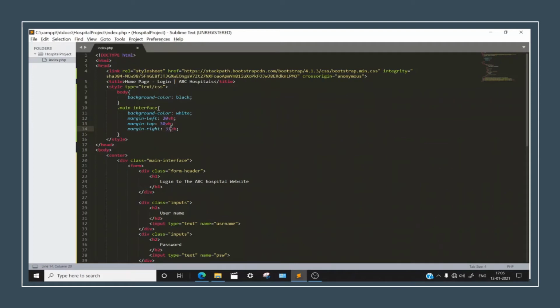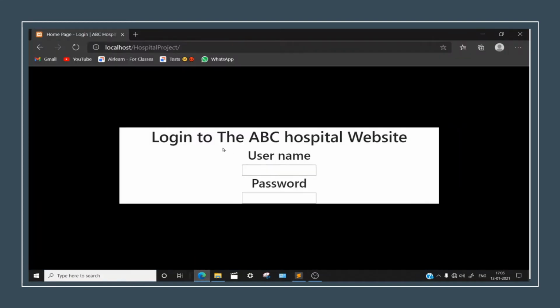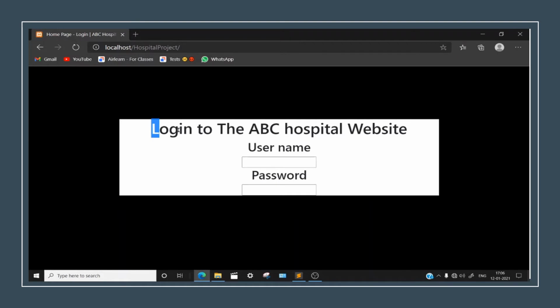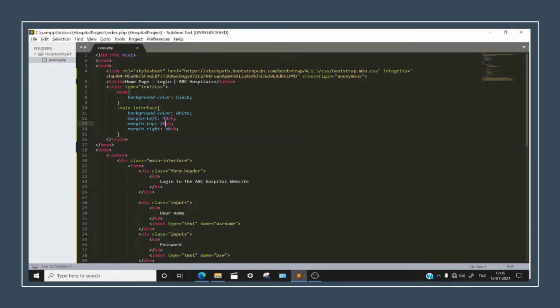You just trial and error. It will also work by trial and error. 31. Let's keep it for 40 first. Control S. Refresh. Yes, now this thing is looking better. Right? Let's change this to 26. I just saw it in the inspect part. So now let's leave this as it is and let's continue further.